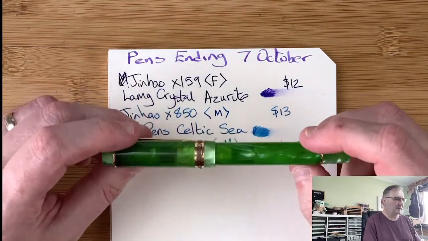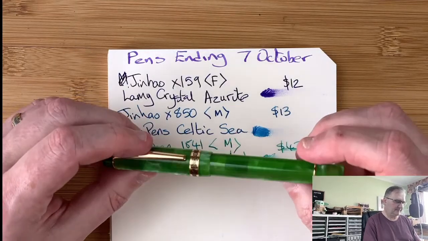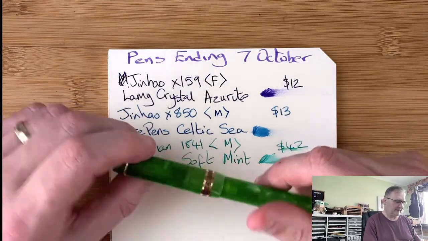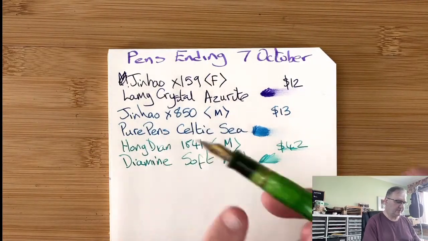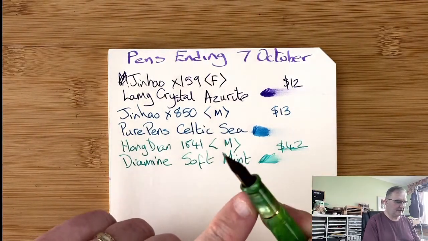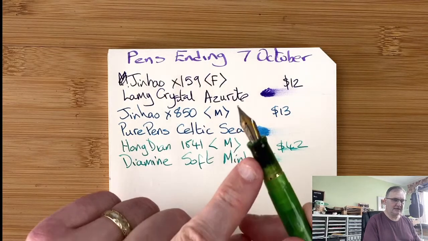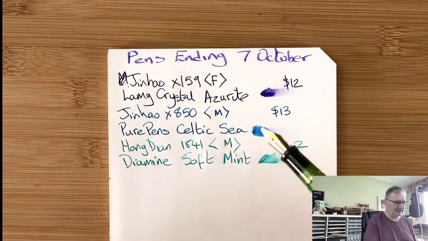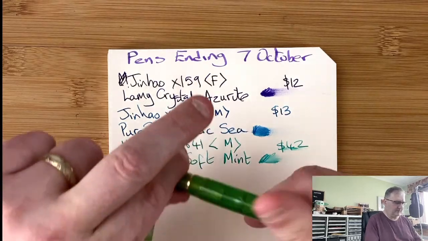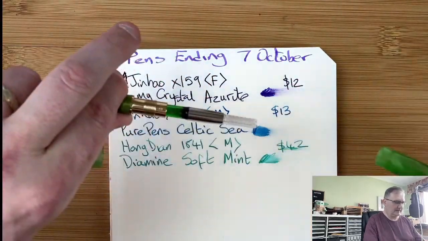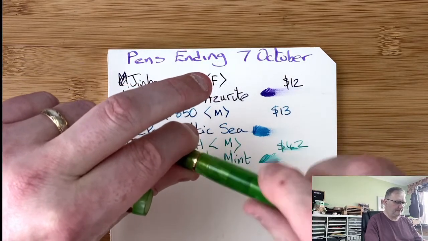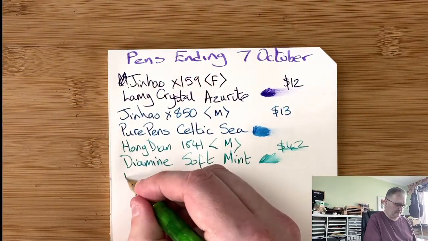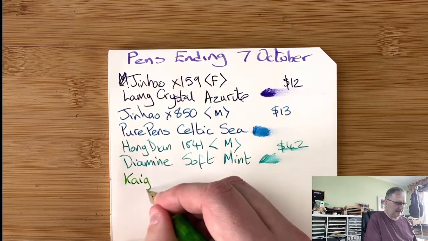Next we've got the Kaigelu 316A. Nice coloured pen. Love the fact the material goes all the way through. Although by the look of it, I might have some kind of ink leakage there in the section because that looks too dark. Another one, cartridge converter. So here we've got a Kaigelu